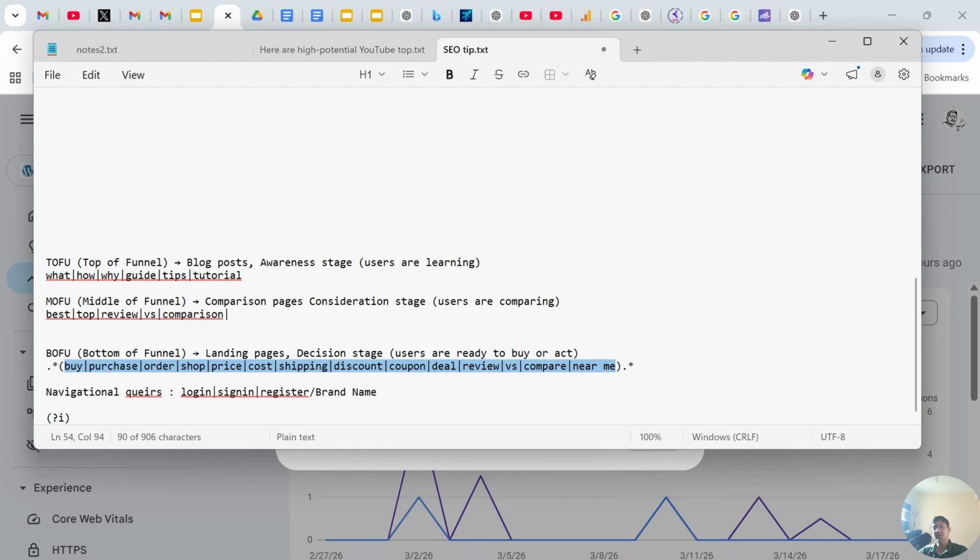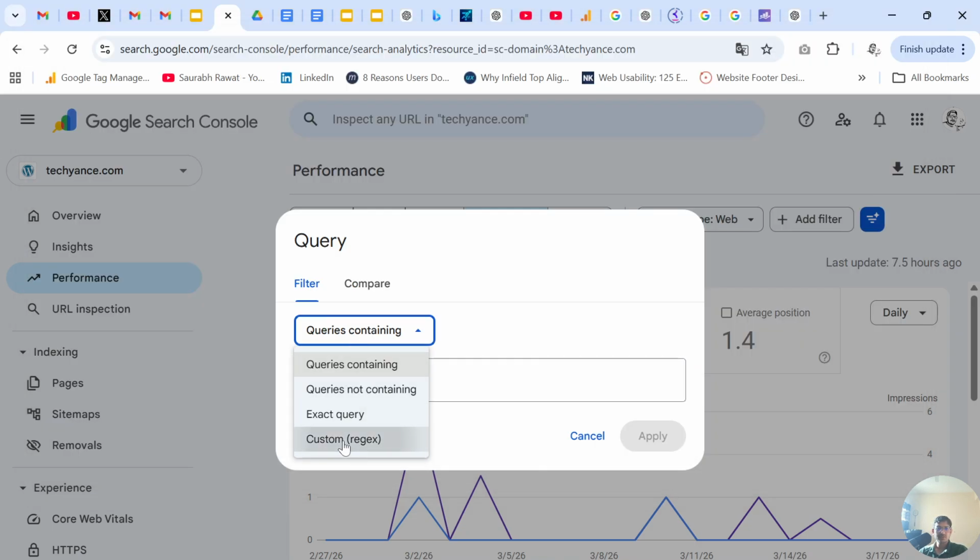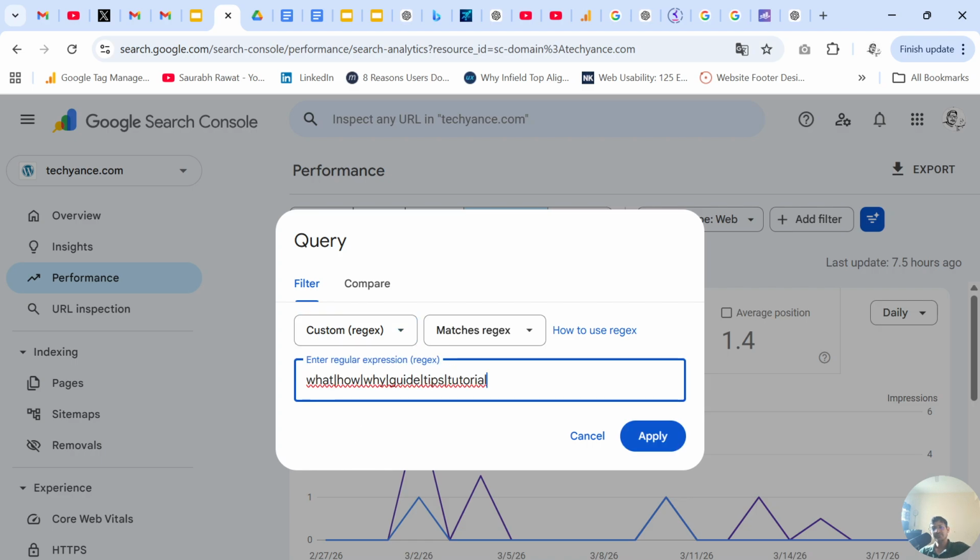So I categorize queries into four parts: navigational, BOFU, MOFU, TOFU, or we can say informational queries, or we can say comparison queries. And these are transactional queries, these are navigational queries. So we can search these queries here. This is the regex formula, so you have to use custom regex and put AI. So according to your business model, you can add more words here, or you can ask ChatGPT and